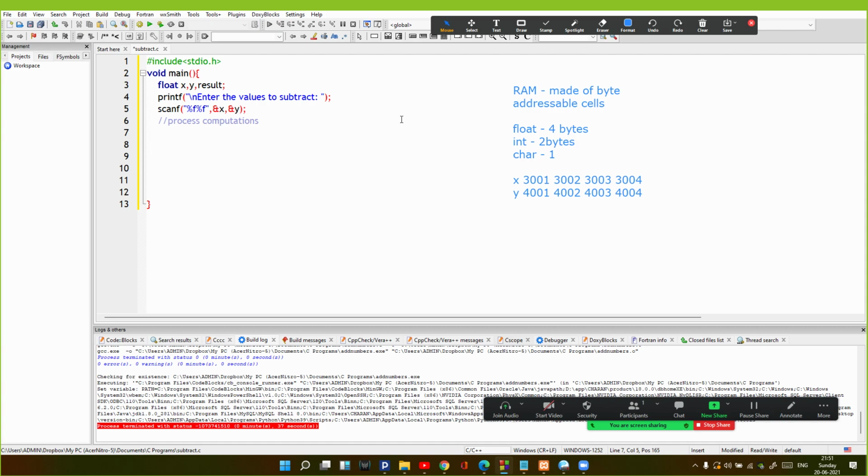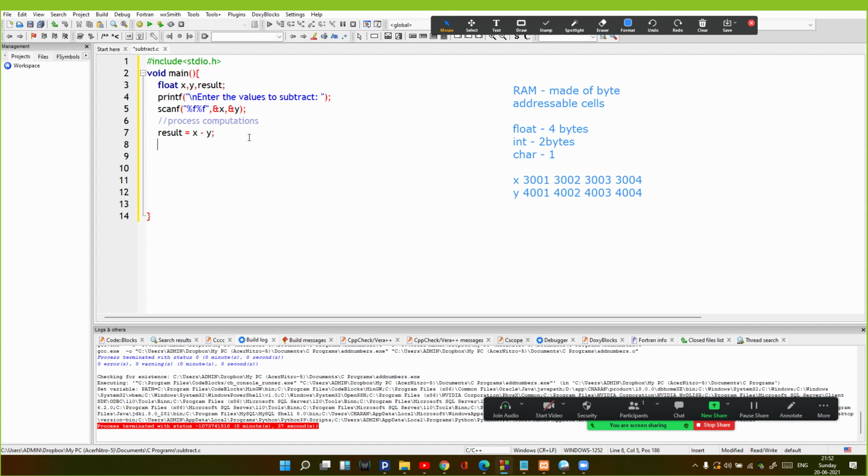So in this case, the formula is result equal to X minus Y semicolon. I can write the computation or the formula in this way. Result is the variable that will store the subtraction of X and Y. Remember that whatever variables I have declared here, you have to use the same variables in this formula. If I'm using some variable which I have not declared, then the compiler will throw an error of undeclared variable. So you have to see what variable names you have used, and always follow the naming rules to declare the variables.